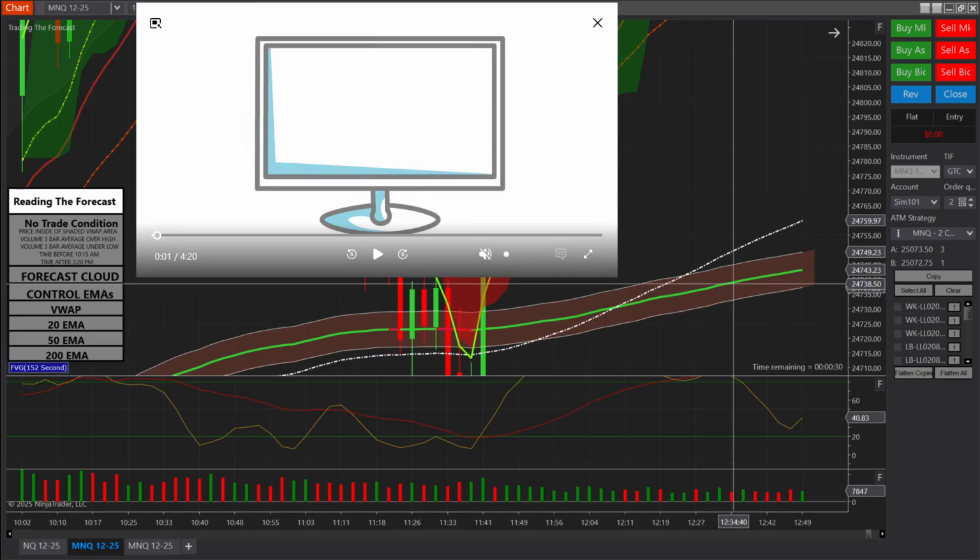On the VWAP, I programmed a shaded area over and above, and anytime we approach the VWAP and enter the shaded area, your trade box will turn gray. So when price action is inside the shaded area and working around the VWAP, this is a very volatile area and it can be very unpredictable. A lot of people sit on the VWAP and you'll get orders come out of nowhere and get unexpected price